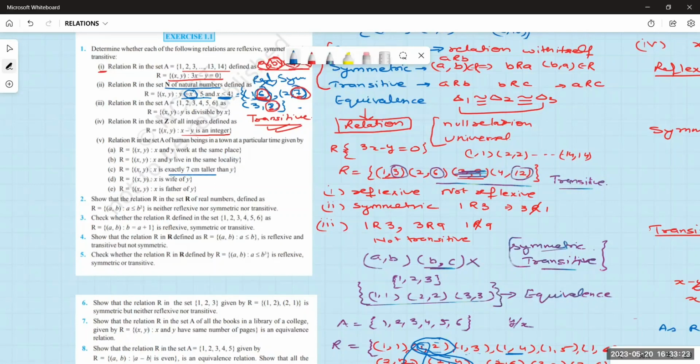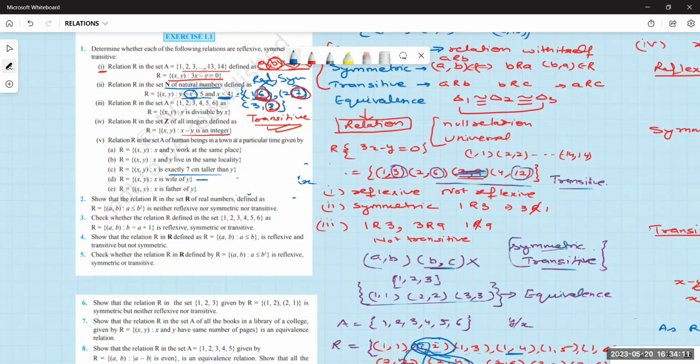अगला देखो, X अपने आप से 7 सेंटीमीटर taller हो सकता है? आप अपने आप को बोल सकते हो कि मैं अपने आप से 7 सेंटीमीटर बड़ा हूं? नहीं ना, तो not reflexive। अगर X, Y से 7 सेंटीमीटर बड़ा है तो Y, X से 7 सेंटीमीटर छोटा हुआ ना। तो अगर X related to Y है तो Y is not related to X। समझ आया कैसे? अगला, X, Y से 7 सेंटीमीटर बड़ा है, Y, Z से 7 सेंटीमीटर बड़ा है, तो X, Z से कितना बड़ा हुआ? 14 सेंटीमीटर ना। तो ये transitive भी नहीं हुआ, ठीक है? तो ना reflexive है, ना symmetric है, ना transitive है।